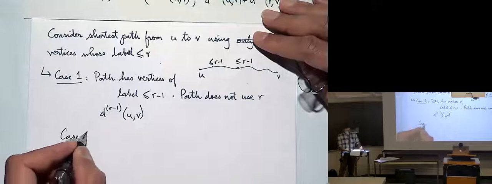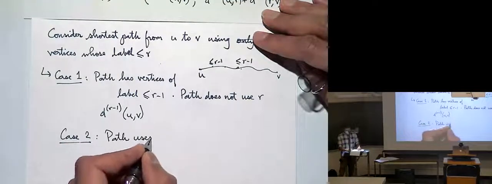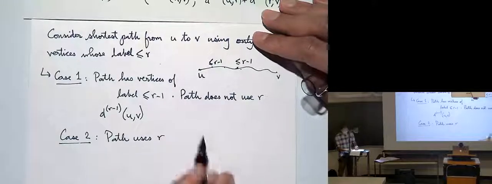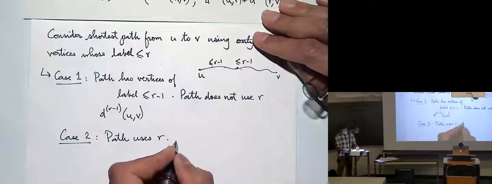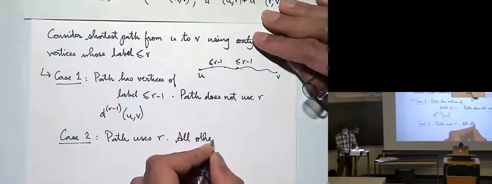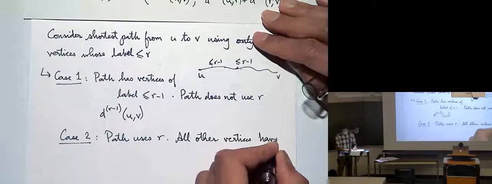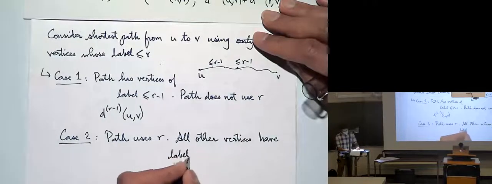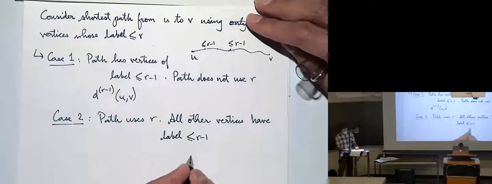Either this or what you have is case 2, the path uses r. Either it doesn't use r or it uses r. It has to be case 1 or case 2, which means all other vertices have a label of at most r minus 1. So what this means is u